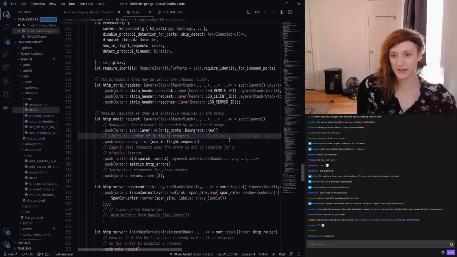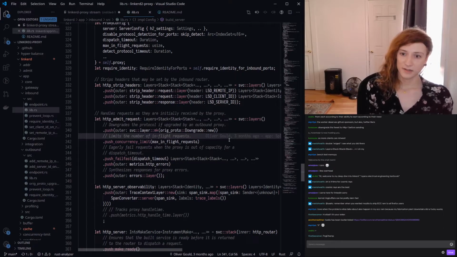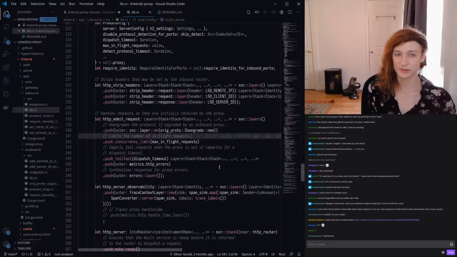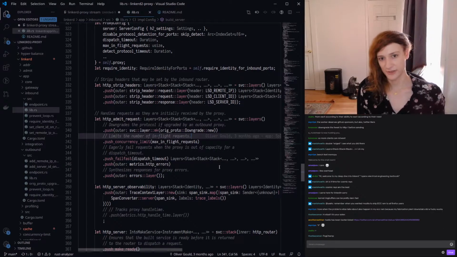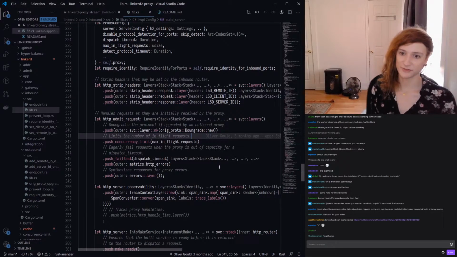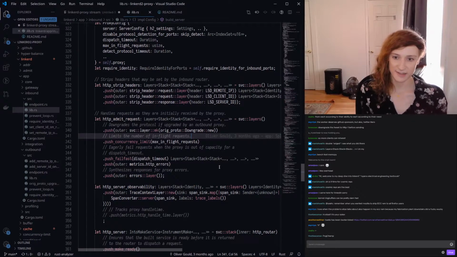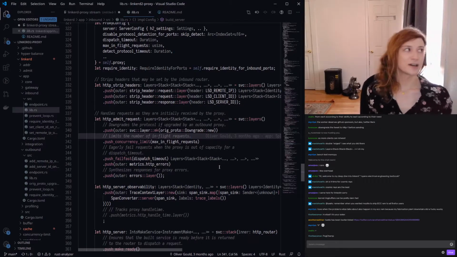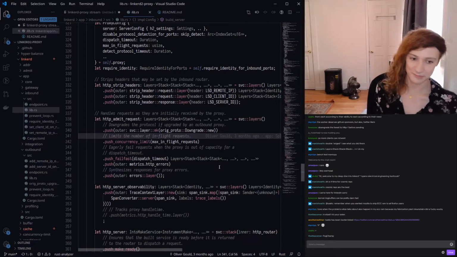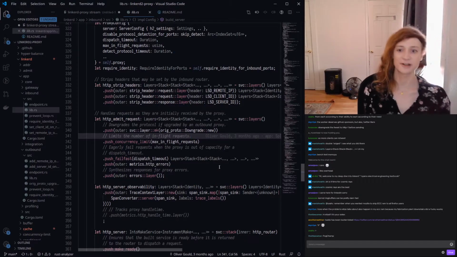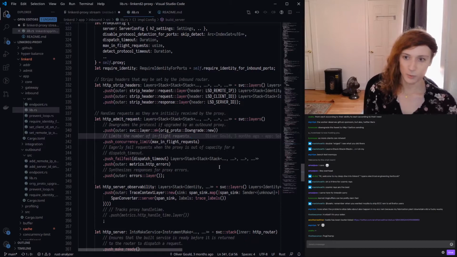So you can do that by sitting on both sides of the actual physical wire and turning all of the traffic on the wire that's over multiple connections into a bunch of multiplexed requests on a single connection. Then you just have to tell the recipient, hey, I did all of this stuff, the application doesn't want to know about it, so make sure that you don't tell the application that we did all of this stuff that just happens to magically make everything faster and more reliable. And it's the same with encryption.